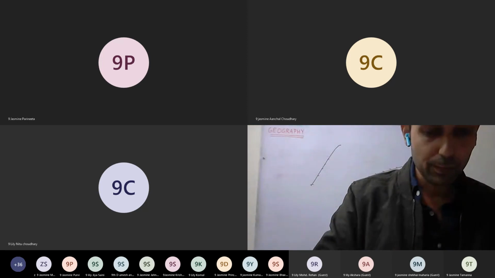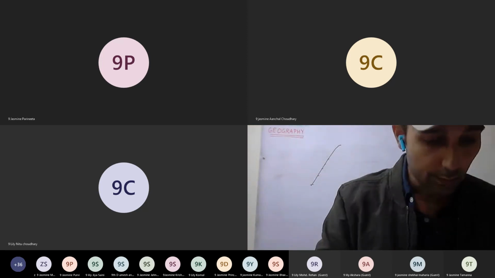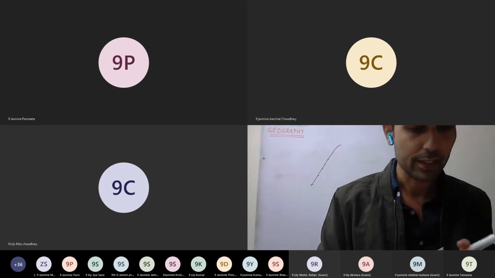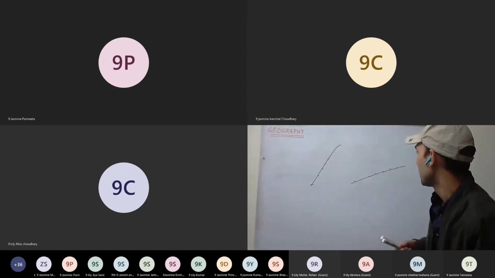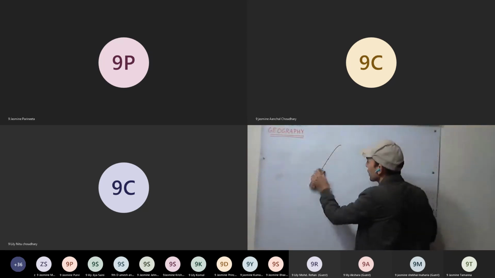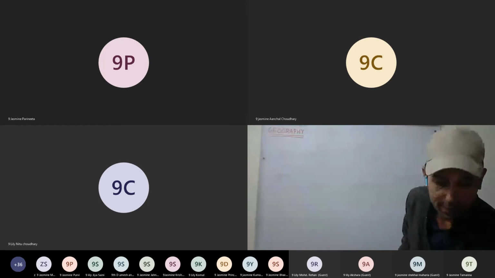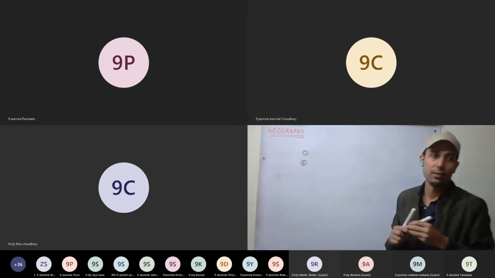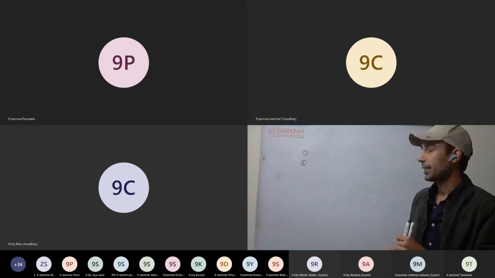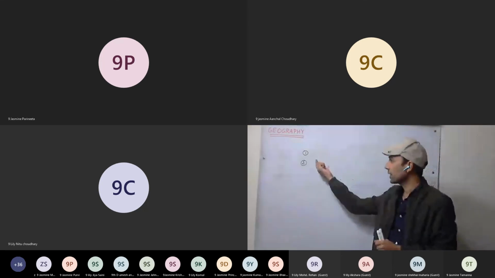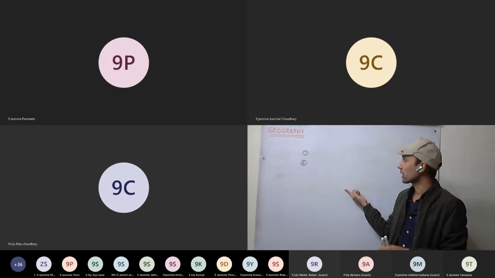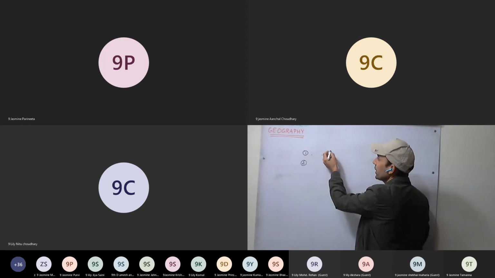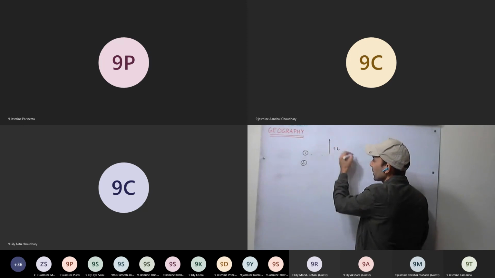Okay. Why does the temperature of a place in the atmosphere decrease with height? Again, two reasons are there. First reason, what are the reasons? Anyone in class? How does the atmosphere get heated? Most of the atmosphere gets heated by the ground, that is, by the long wave radiation of the ground. So it is getting heated from the ground. That's why as we move up in the atmosphere, temperature decreases.